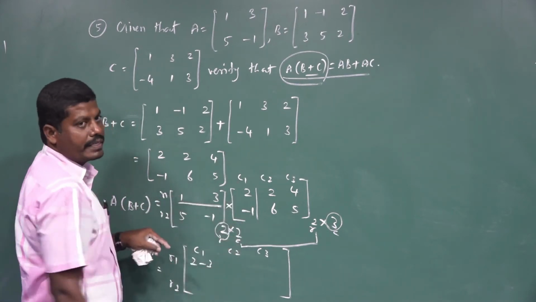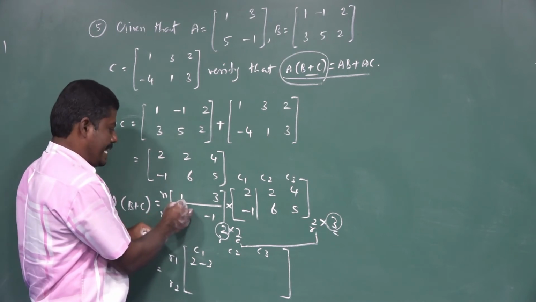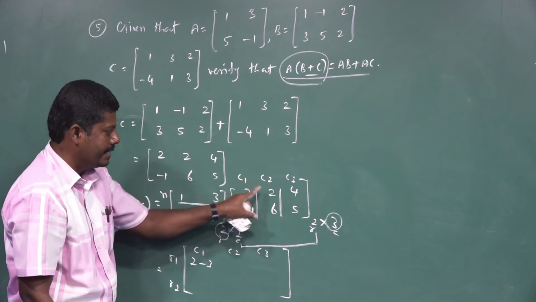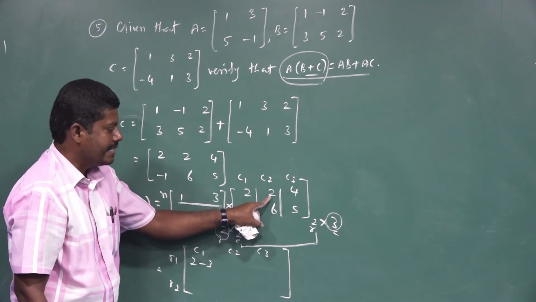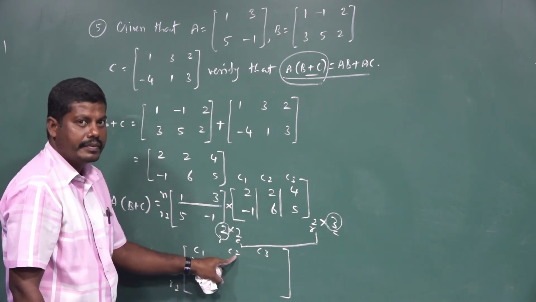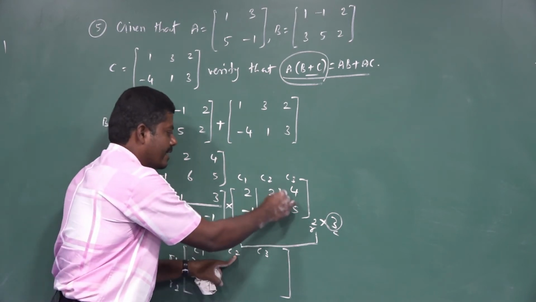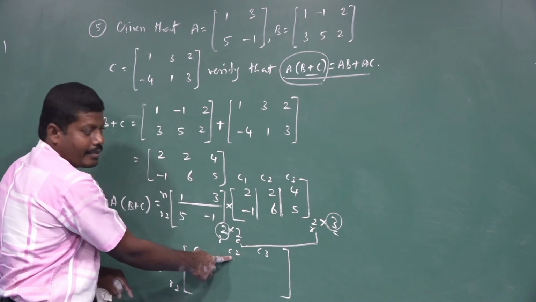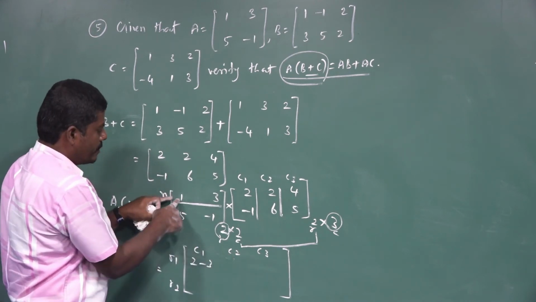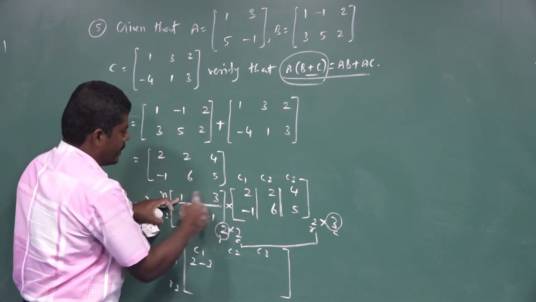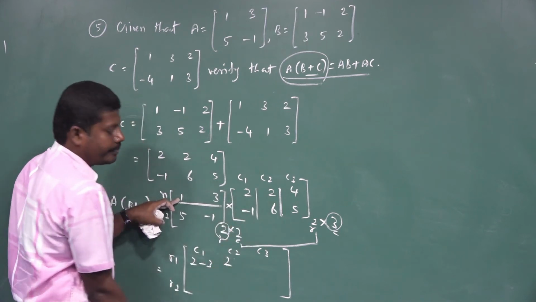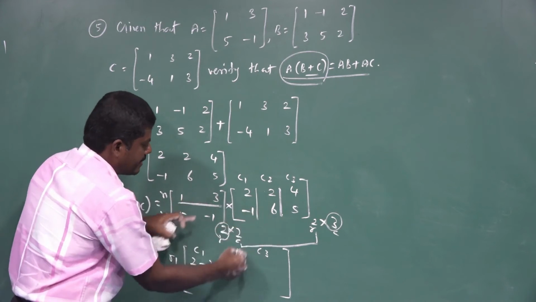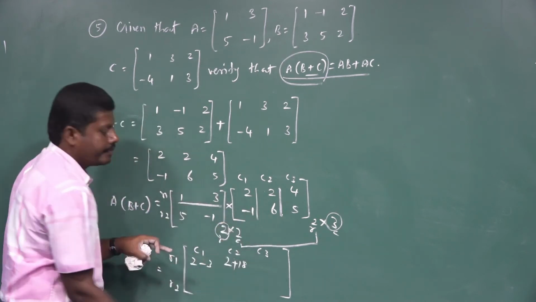So the first column is over. Next you multiply the same first row and second column. Write your answer in the second column. Understand? If you multiply the second column, you write your answer in the second column. So first value you take. Here also you take the first value, 1 multiply 2, 2. Take the second element here. Here also you take the second element. 3 6s are 18, plus 18.